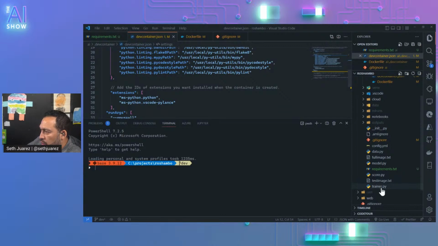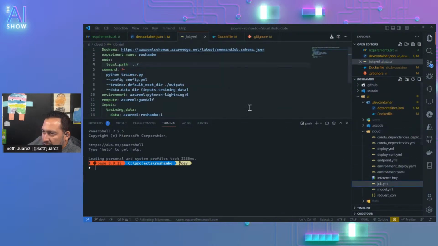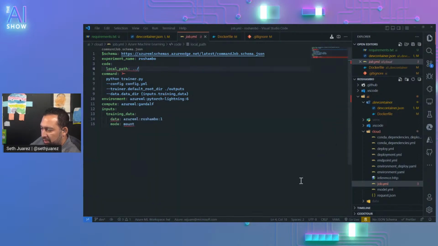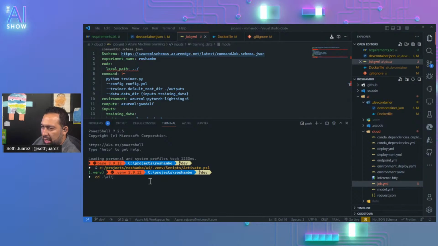And let's see if the trainer works. Let me see. I don't even remember how to run the trainer. So let's look at the job. It'll tell us. Okay, Python trainer. CD. Oh, wait. It's not using the right virtual environment. There we go. CD AI. And then Python trainer minus config.yaml. Let's use the defaults. Works.